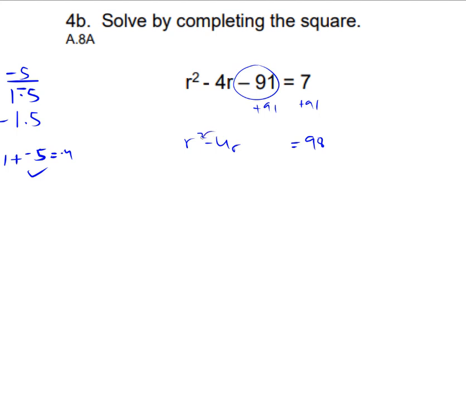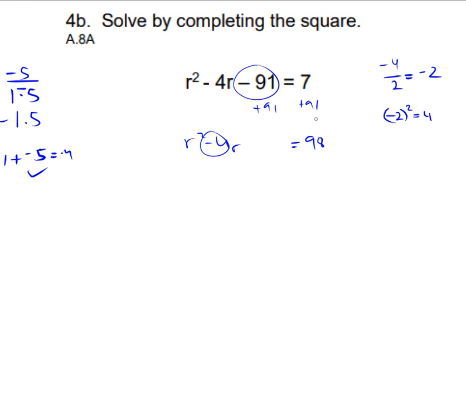The second step would be to take this b, the negative 4, and divide it by 2, okay? So that'd be the next step. That would give me negative 2. The third step, so once again, the first step was to move over the 91 to make space here. The second step was take that negative 4, the b value, divide it by 2, I get negative 2. The third step is to take that negative 2 and square it, right? Remember, to put this value in parentheses before you square it, and I should get a positive 4